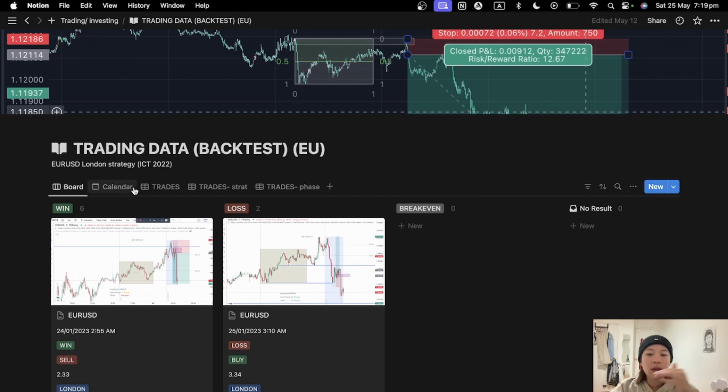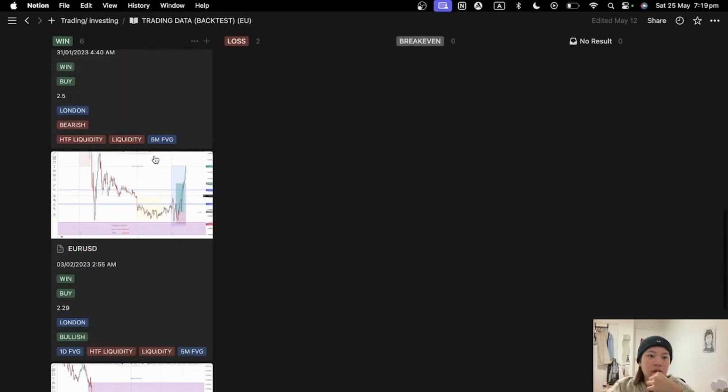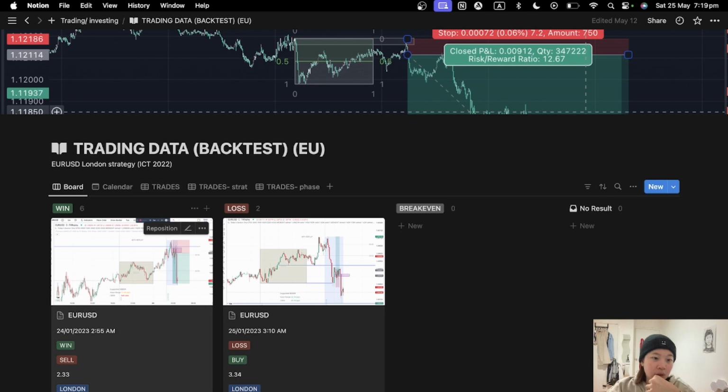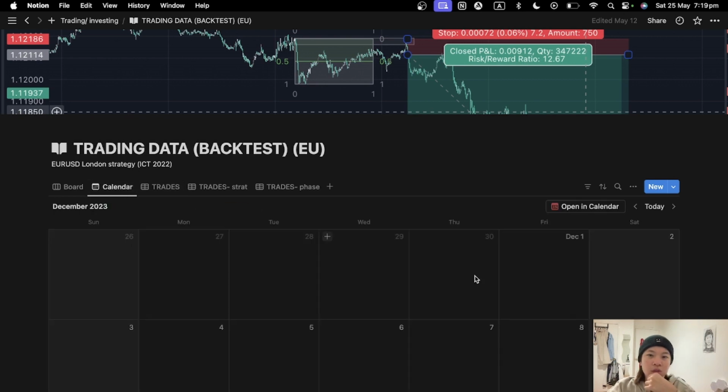So as an example, I'll just go over with you guys one of the ones for backtesting that I have. I have a new one of these for each. I have one of these for my actual trades. I have one of these for backtesting on EU, and I have one of these for backtesting on NQ. So this is just one very short session that I have. So that's the board right there. You can take all your trades there and you just add. I was testing from like 2023, so if we go all the way back there,